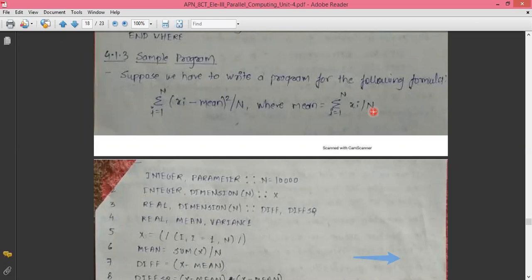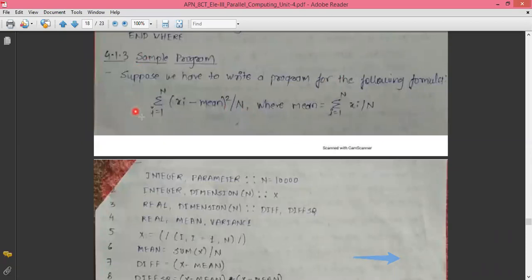This is how we get the mean. And when we get the mean value, it is going to be a constant, which is to be subtracted from each and every array element, giving an independent subtracted value, that means xi minus mean. And in order to get the square, we have to square these elements, that means xi minus mean into xi minus mean, followed by division by n. The capital N means the total number of elements in an array.